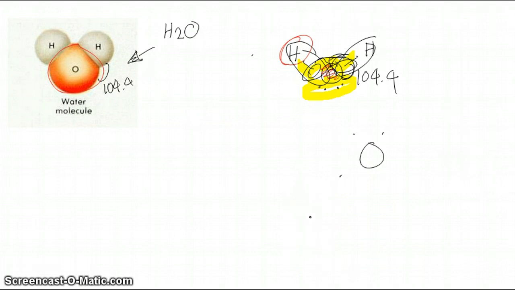Water is a polar molecule for a reason, because the electrons are not distributed evenly, because here there are extra electrons, so the electrons are not distributed correctly. So this is all about